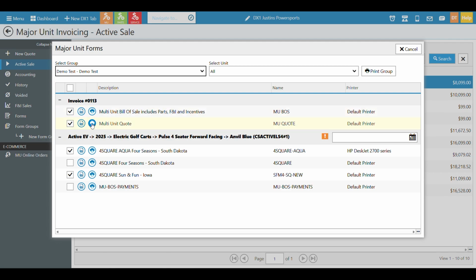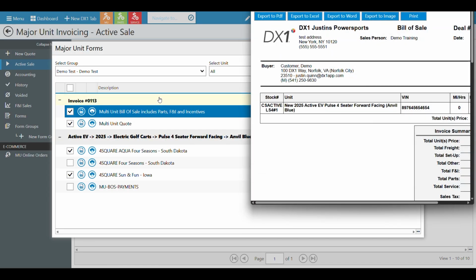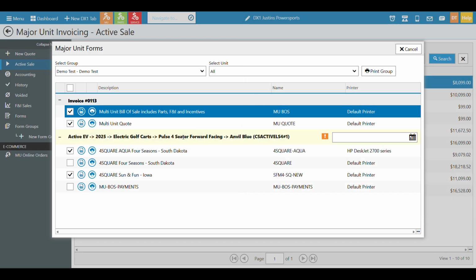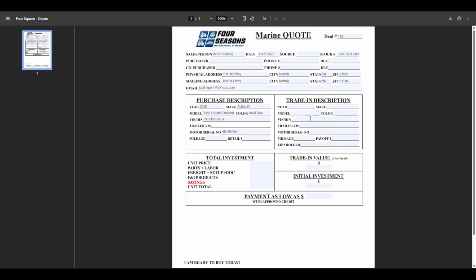You would have had to have gone and hit this, and this would have opened it in a PDF, and then you would have had to hit print in a PDF and do all those settings, and now you can just hit print and it goes straight to your printer. If for some reason you do need to still open the form in a PDF, you can still do that. You can click this little PDF icon, which will pull open the form where you can then print manually down here on a custom form. I can go and open it, and again, I could print manually if I need to there.